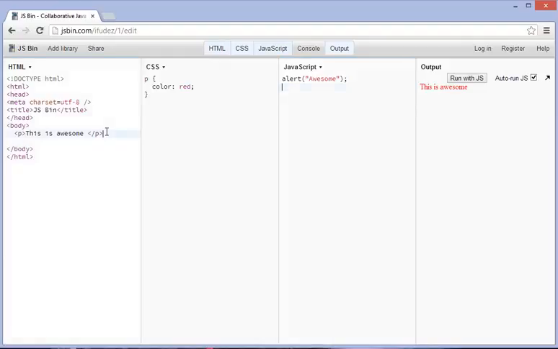Now, the other thing we can do is, again, before CSS was invented, before JavaScript was really a thing, you could actually add this all within the HTML document. So the HTML document is really kind of the main area in which everything happens. These are just separate files. And if we were to do this off of JS Bin, we'd have our HTML document and we would call the CSS and JavaScript as several different text files,